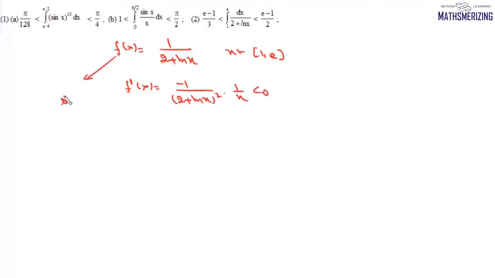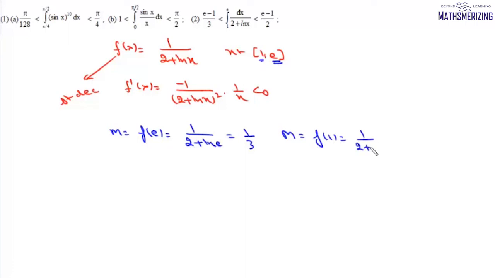That means this function f(x) is strictly decreasing. If the function is strictly decreasing, then the minimum value of this function will occur at the end of this interval. So it will be f(e), which is 1 upon 2 plus ln e, which is 1 by 3, and the maximum value of this function will occur at the starting of this interval, which is when the value of x is 1. So it will be simply 1 upon 2 plus log 1, which is 0,